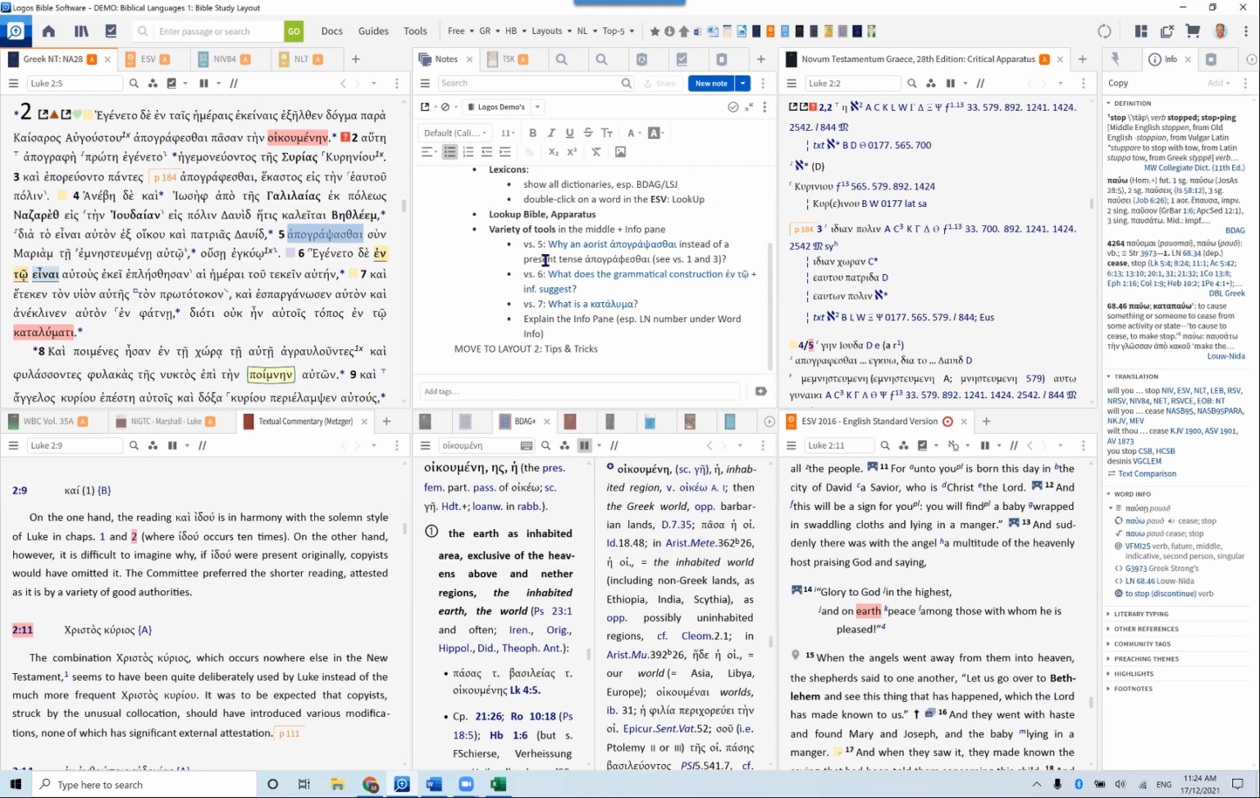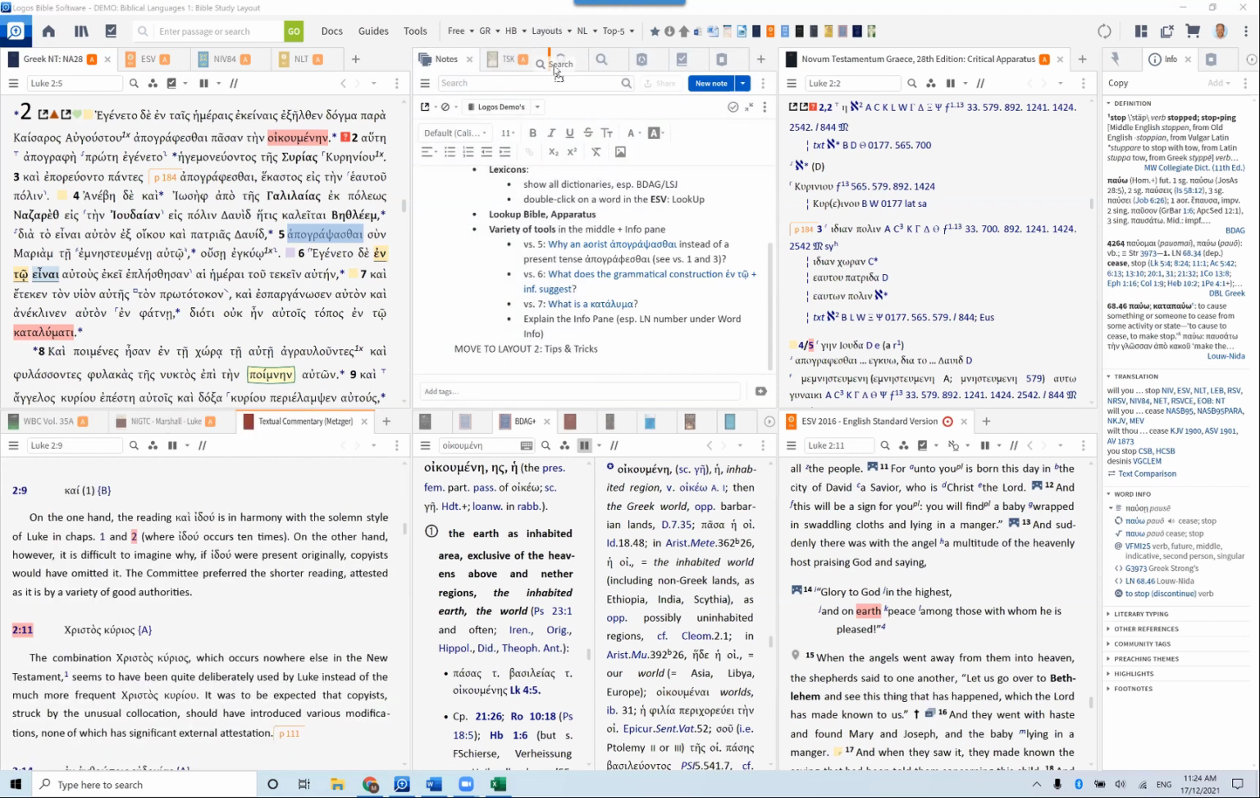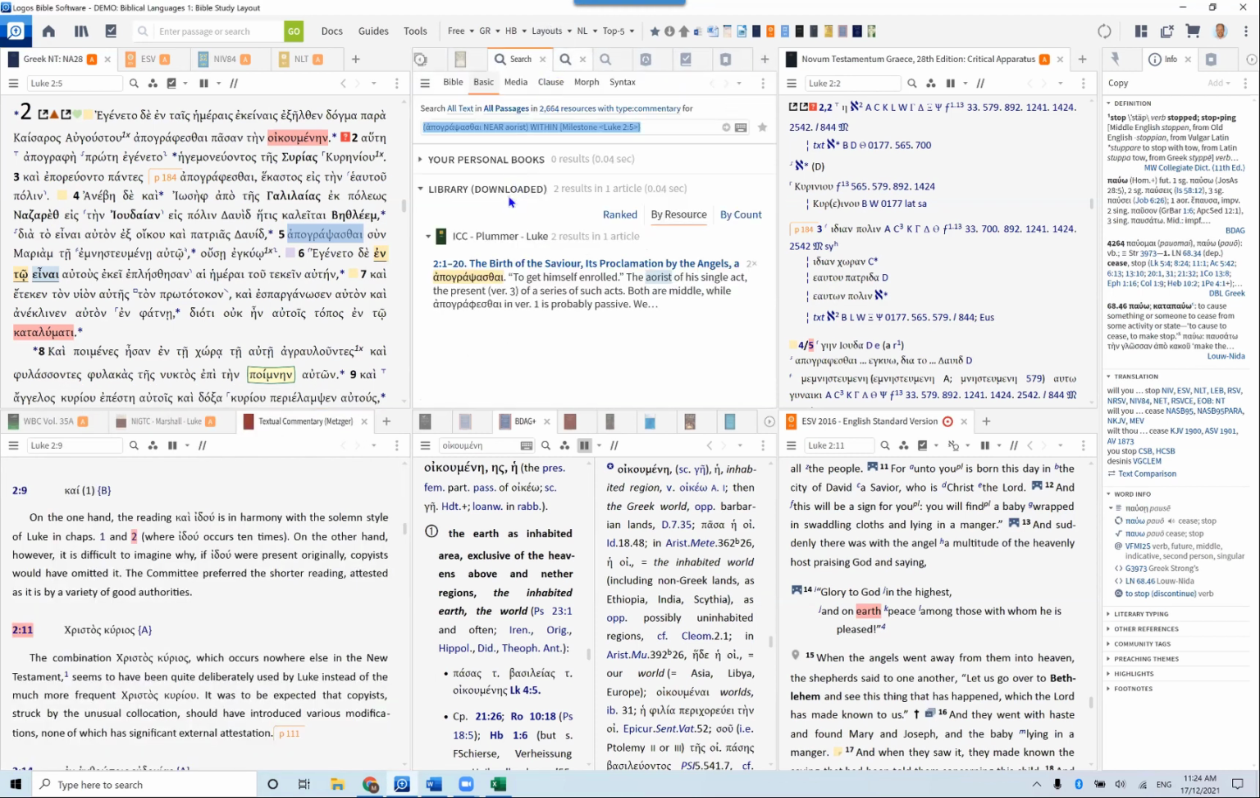So my question as I study this passage is, why does Luke use an aorist apographsastai instead of a present tense apographestai? So I click this link because I prepared this already, and that will take me to a search field. What I do here is perform a basic search, and I want Logos to look up in my library, not all resources, but I select and type